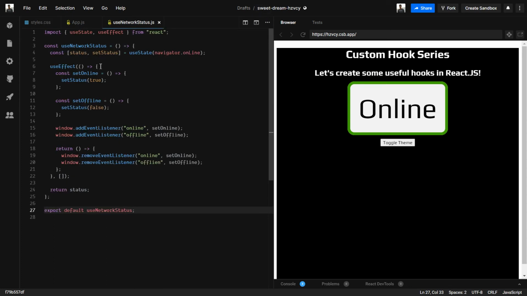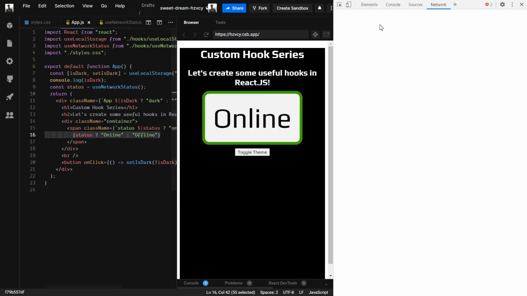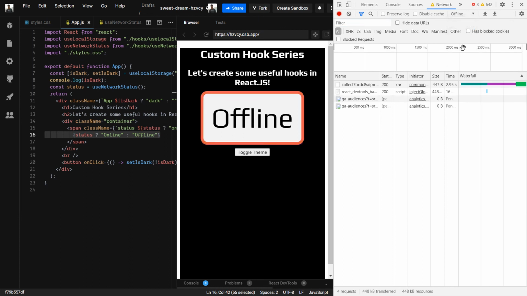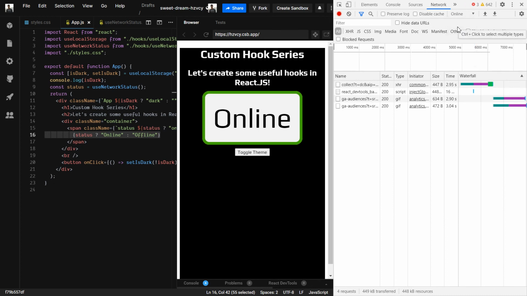So what I will do now is just open my DevTools, and in the network tab I will simply set it to offline. As I turn off my connection from the browser, you see it automatically tells us that the user is offline now. Similarly, for other slow networks, we can also use that.